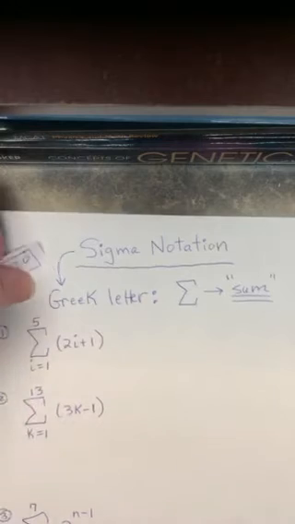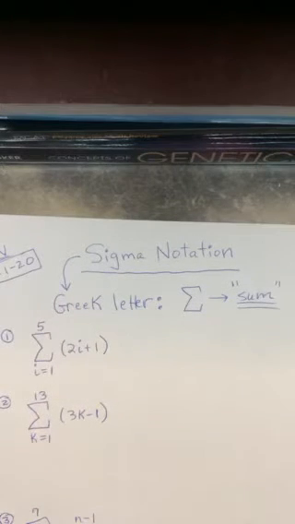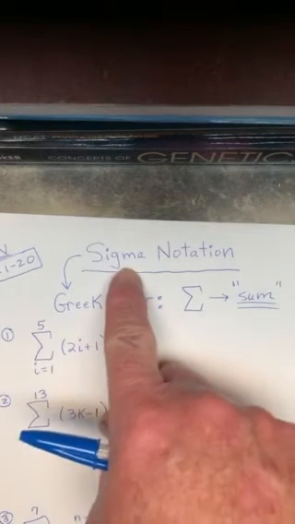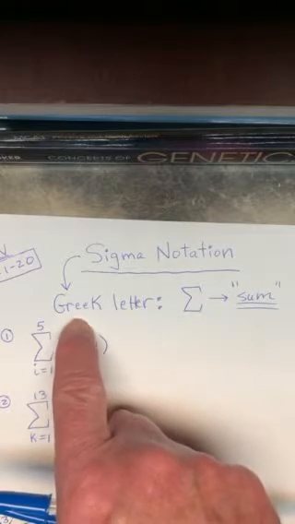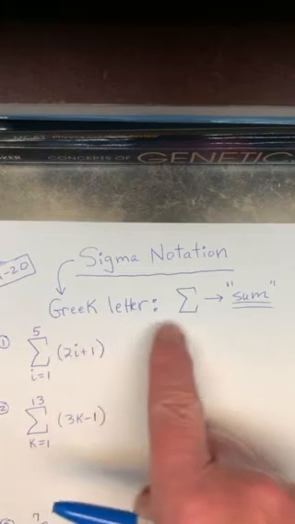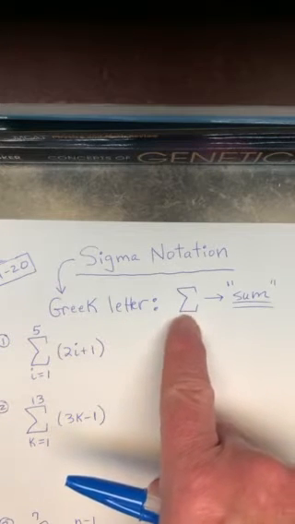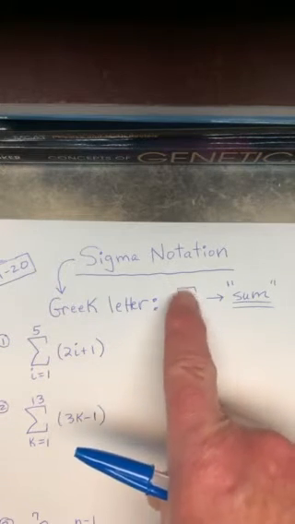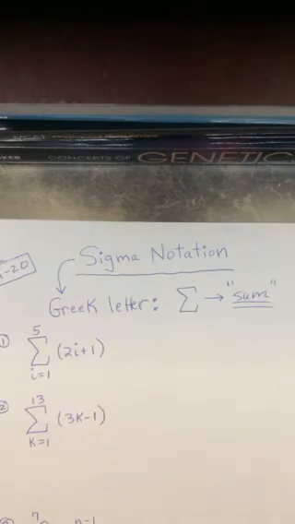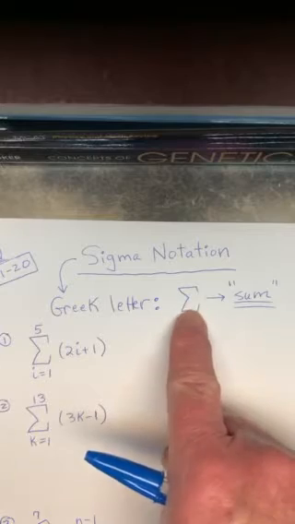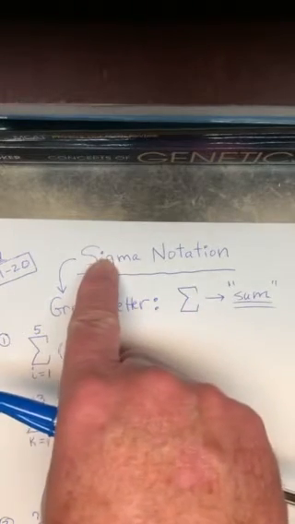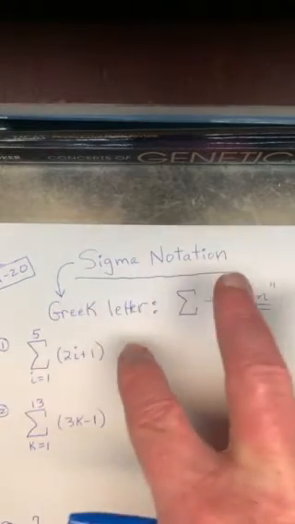The title for all of you, Sigma Notation. Probably something brand new. The word sigma is simply a Greek letter. It's a Greek capital letter that looks like a giant, almost like an E. I guess that looks like a giant E, kind of fancy. So the Greek letter that looks like an E is a capital letter called sigma, and it's a notation or